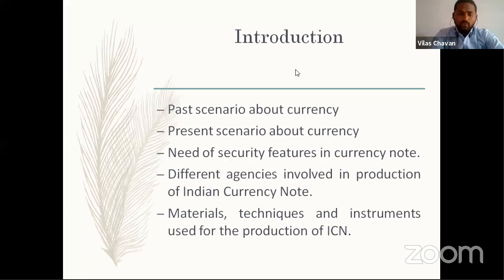As discussed earlier, there is a direct involvement of specific substrate. Here the substrate is a security paper or a polymer or a material which is used for the printing of currency notes, and different printing techniques which may include offset printing, intaglio printing, or letterpress printing, or some other techniques. Then special kinds of ink, so it may be optical ink or fluorescent ink and some other inks. And along with this, some other techniques are also responsible for the production of security documents and particularly Indian currency notes.